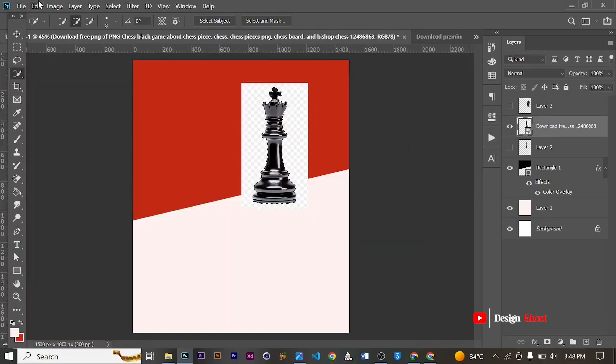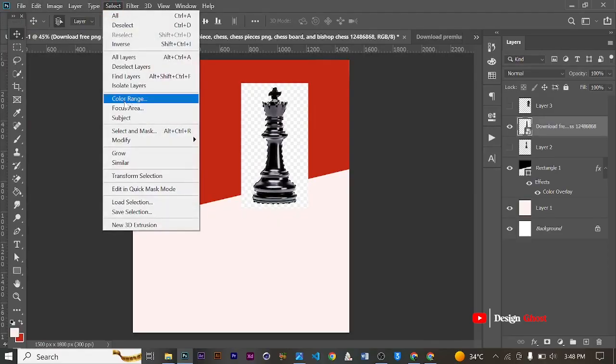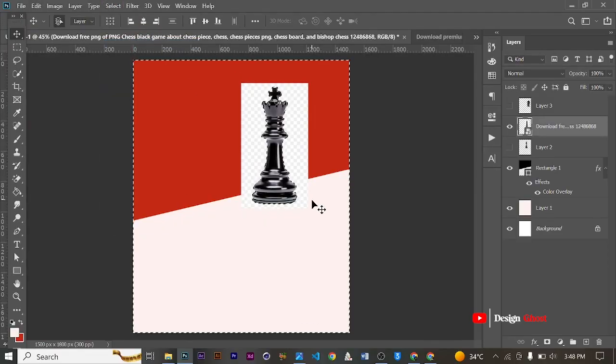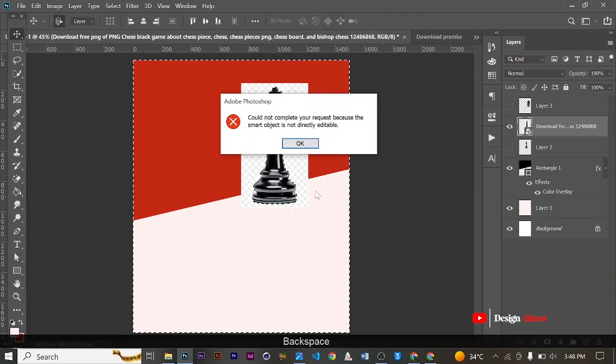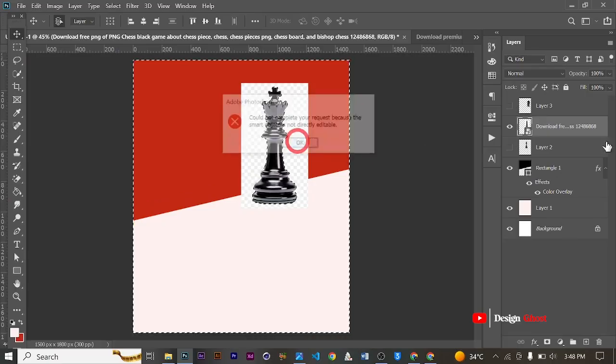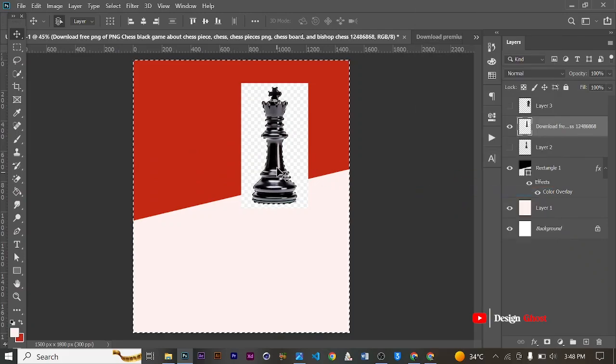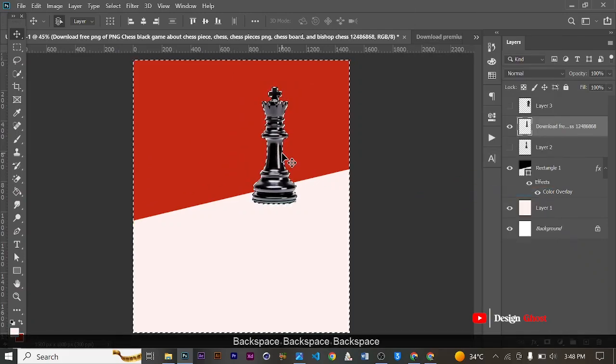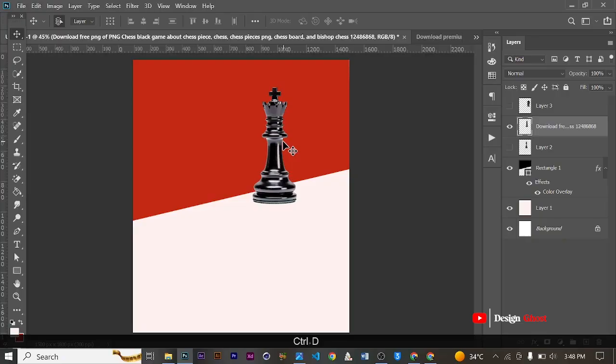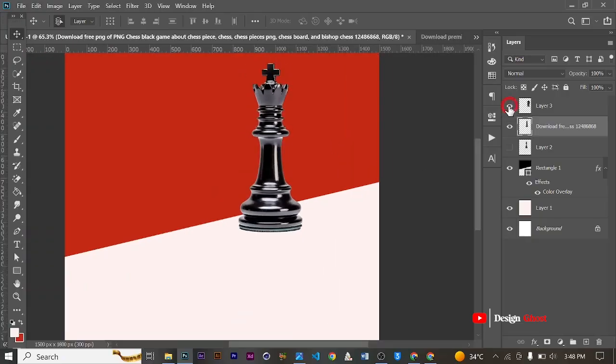So once you check, you inverse it, then backspace. Oops, because we placed it on, it has become a smart object, so now we can take it off. Control D to deselect,